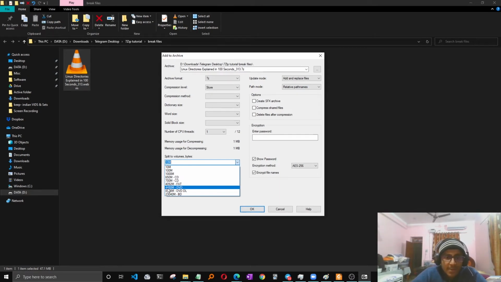Similarly, for DVD, if it is a single layer DVD, then the maximum it could store is 4480 megabytes. But if it was a dual layer DVD, then it could store 8128 megabytes. So if you want to transfer data on DVD drives, you could choose this kind of option. If you had a single layer DVD drive, then you would want your big file to be in this size, not more than this. Otherwise, you can't transfer the entire file.